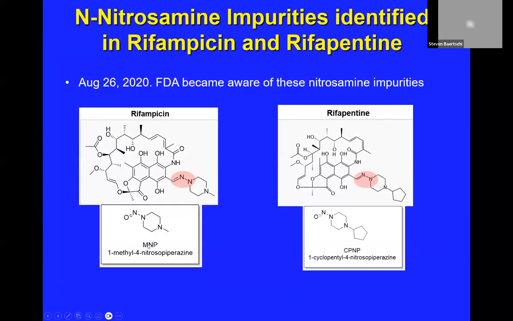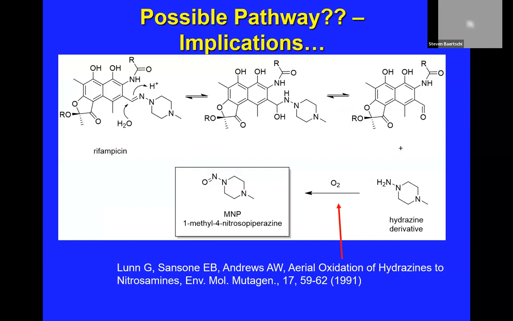In October 2020, for rifampicin and rifapentine, the FDA became aware of N-nitroso impurities that were found in those products. I'm not sure of the mechanism, how they concluded it forms, but just from a simple degradation pathway, you can see that this hydrazine imine could readily hydrolyze to form a hydrazine derivative, which could oxidize upon storage to form an N-nitroso compound. So whenever you have something that can hydrolyze to a free hydrazine, you should be concerned about the possibility of forming an N-nitroso compound from simple oxidation, with no presence of an N-nitrosating reagent.